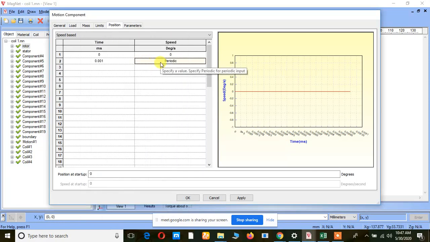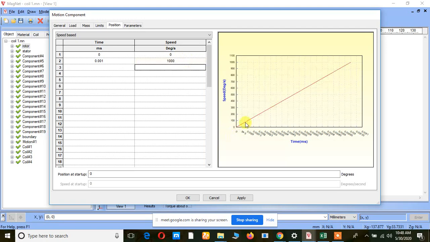So just divide it by 6. Whatever value you are getting, just use 6 and divide it. Suppose the machine is running at 1500 RPM, I am going to rotate the machine at 1500 degrees per second. So we have to convert the RPM into degrees per second. So I just give 1000 degrees per second.